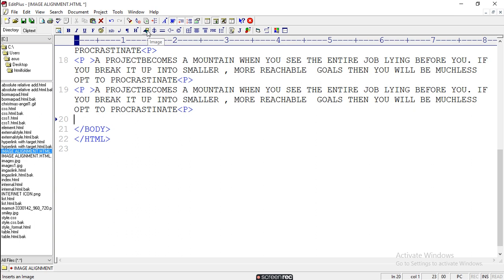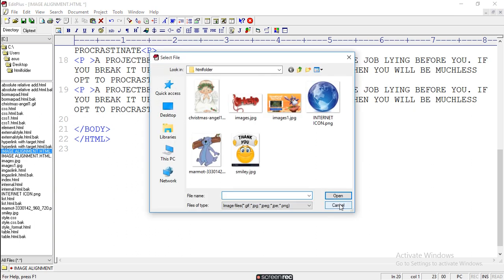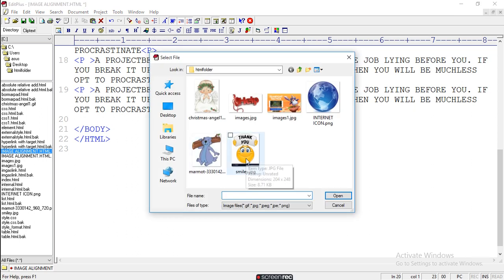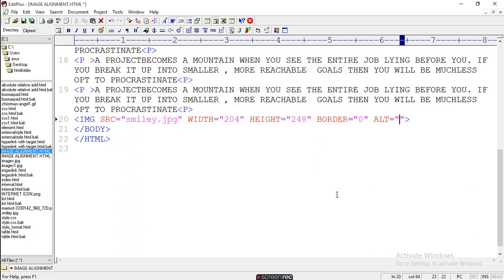You have to just press this one, and it will take the image and height and border.